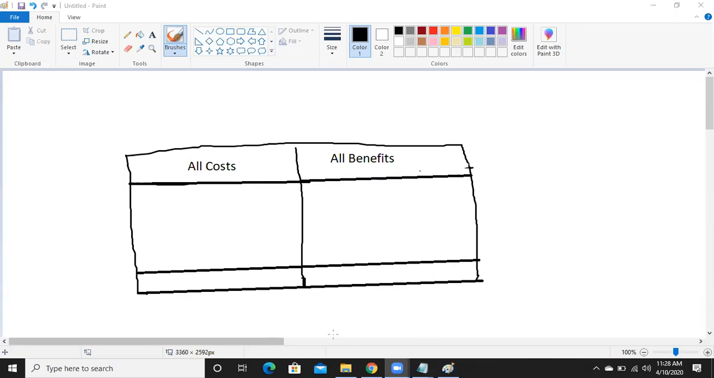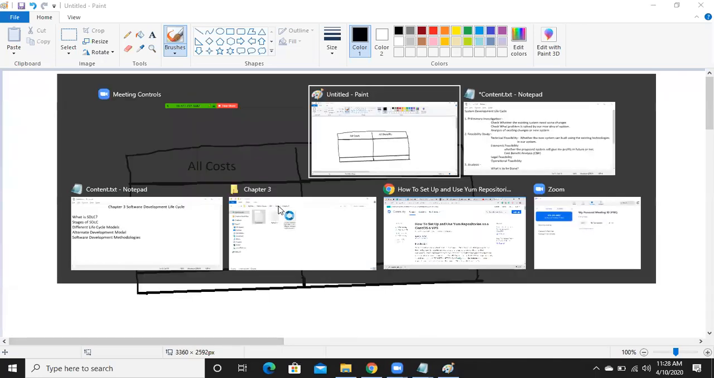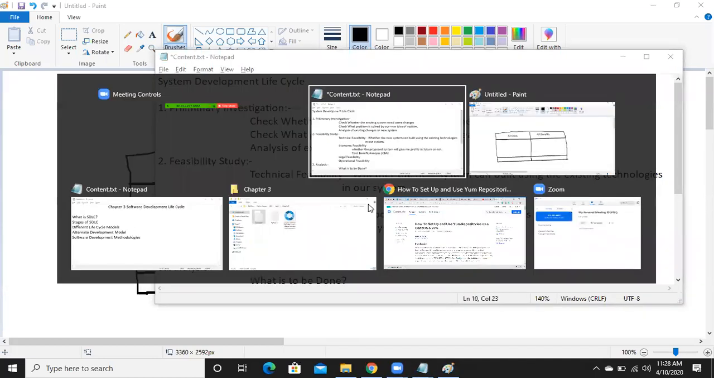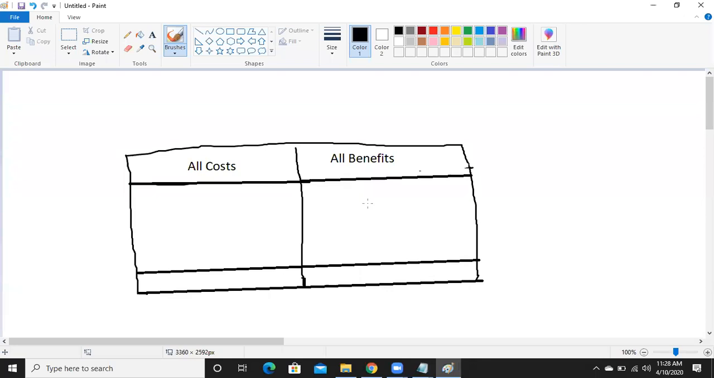So we were discussing our cost and benefit analysis, which is basically involved in this part, economic feasibility. So in economic feasibility, we basically do the cost benefit analysis by making a particular table. In that table, we list down on the left side all the costs which are required, all the costs which occur in our organization, and on the right side we list down all the benefits, all the short-term benefits, all the long-term benefits, right? So after listing down all the operating costs, all the economic costs on the left side, and all the benefits on the right side,